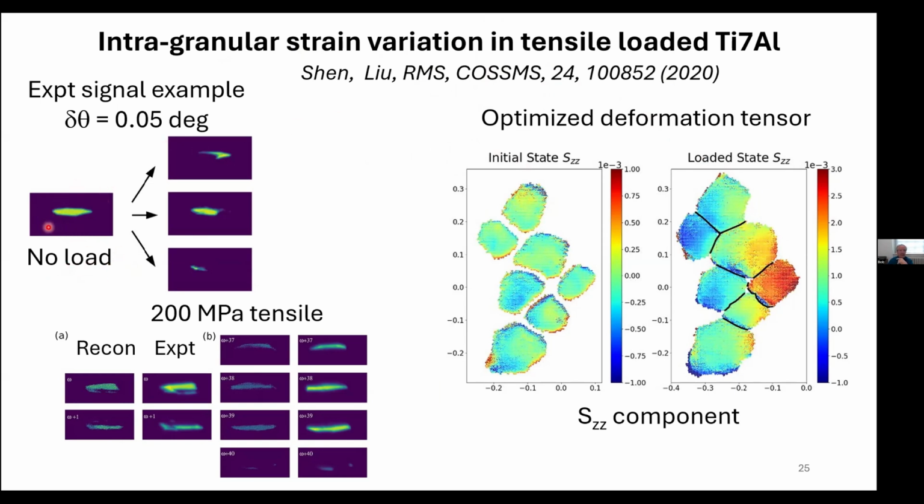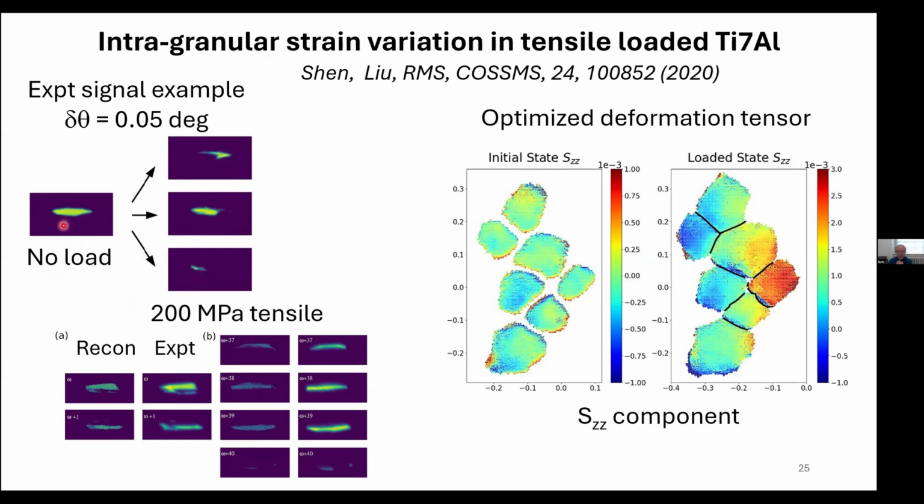So this is a Ti-7 aluminum sample. Here's one particular Bragg peak. And this is initially when the sample was not under load. And then we loaded it to about 200 megapascals, and this one peak splits up into three. So these are three successive omega intervals into which this peak gets divided. And in fact, if you add up the intensities of these three, you wind up with an image that looks